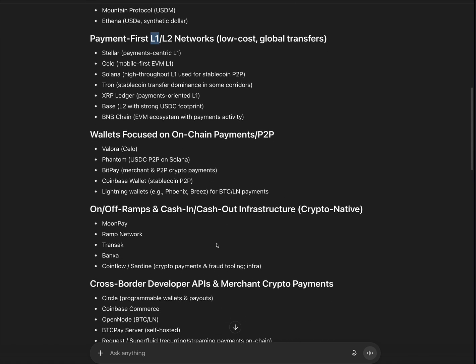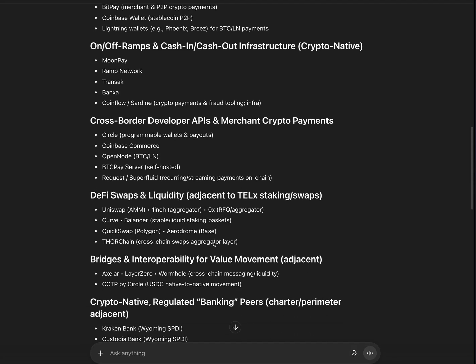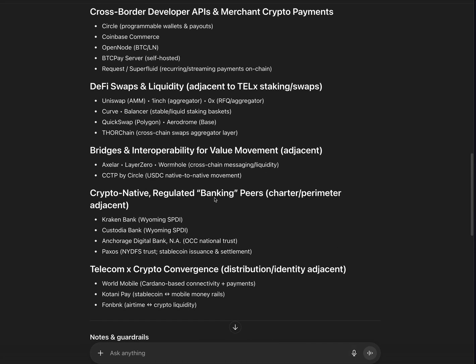And then wallets. So you've got all these different areas, and imagine how much content you can create. We could go crazy here, right? This could be pretty much a month of content, just about the other regulated banking peers that we have, even though we're way ahead of them. They're going for national trust charters, which are definitely going to have a lot more headaches than what we're doing.